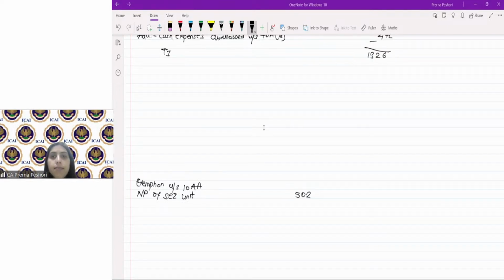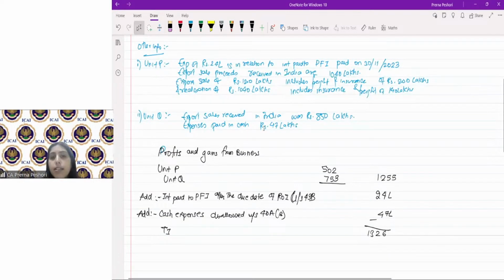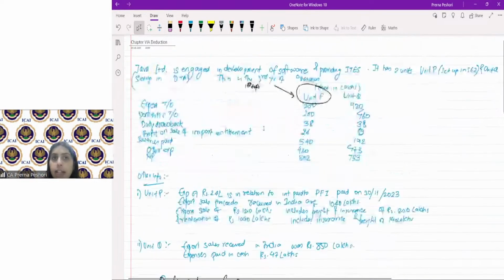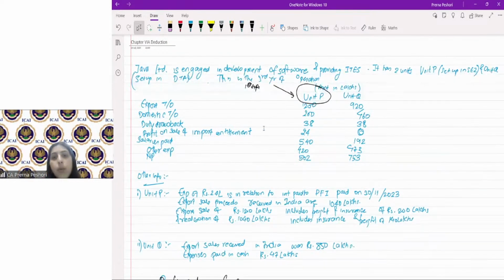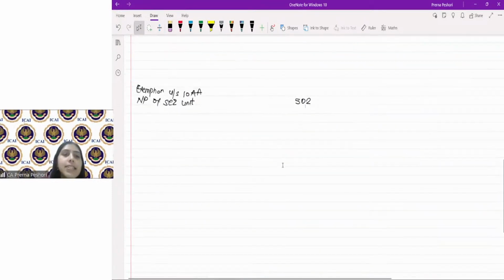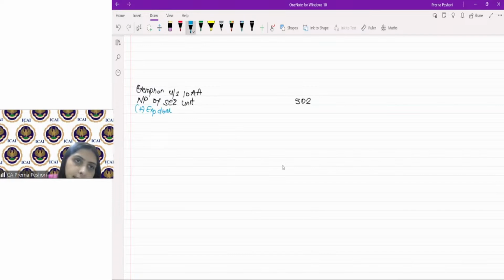Yes. So first of all, this 502 which is given, right? Now in this, we will need to make certain additions. First of all, the expense of 24 lakh is disallowed. So add expense disallowed under section 43B. So this is 24 lakh. So instead of 25, Janvi, it should be 24. Then